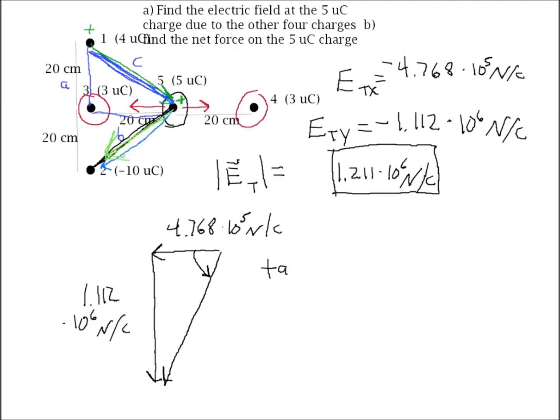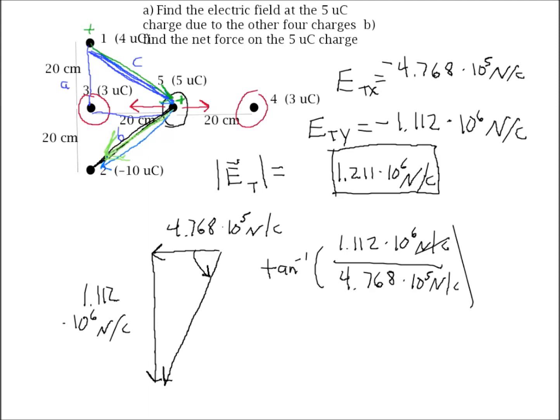Inverse tangent of opposite, which is 1.112 times 10 to the 6th newtons per coulomb, over 4.768 times 10 to the 5th newtons per coulomb. Okay, the units cancel. So we get that this angle, theta, that the electric field makes with the horizontal is